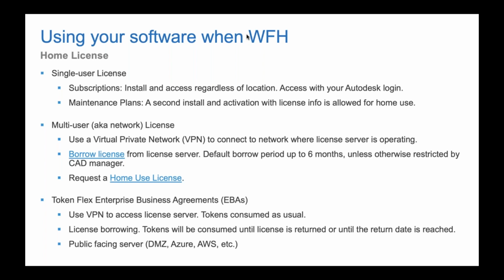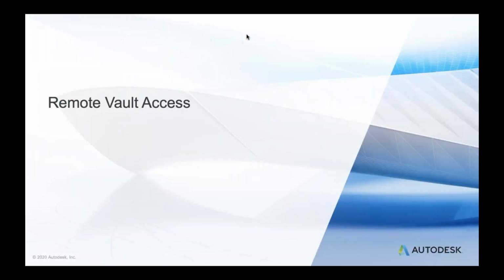And finally, the Token Flex customers or our enterprise customers, similar approach as for network license, but you get one more option, a public facing server on Azure or AWS. So all of those options are available to you to access the licenses. All right,